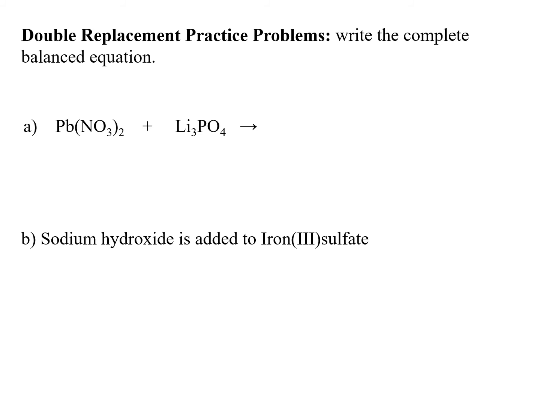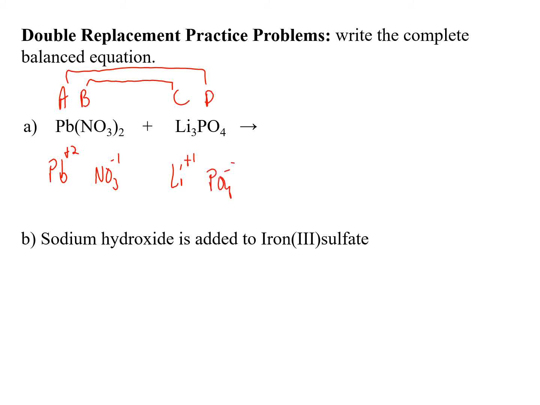All right, so let's look. Our general formula, we have 2 ionic compounds, A, B, C, and D. We know that A is going to go with D, and B is going to go with C. So let's consider our charges. We have Pb +2, NO3 was a -1, lithium is a +1, PO4 was a -3. So lead is going to go with phosphate, lithium is going to go with nitrate. So lead with phosphate